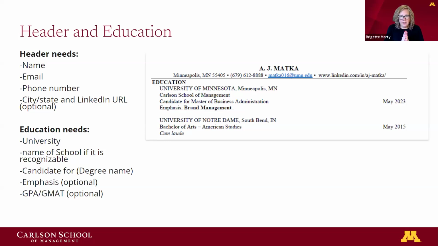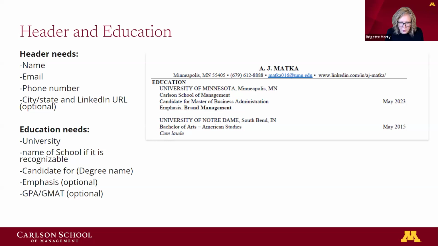Moving into education, you're going to start with the header. So that is the all capital letters identifying what this section is. Sections you're going to have in your resume: education, experience, Carlson projects, analytics projects. The format is very consistent for how you list your graduate education and your undergraduate education. All capital letters for the name of the university, followed by a comma and the city and state. That helps the reader get a sense of where you were.